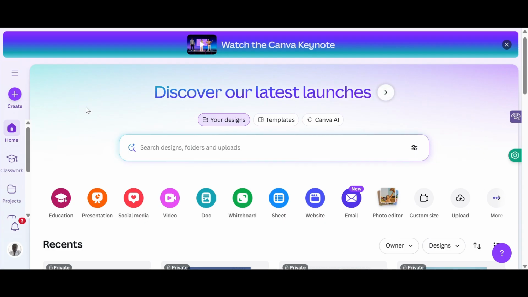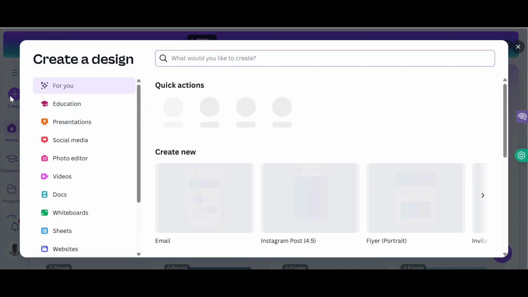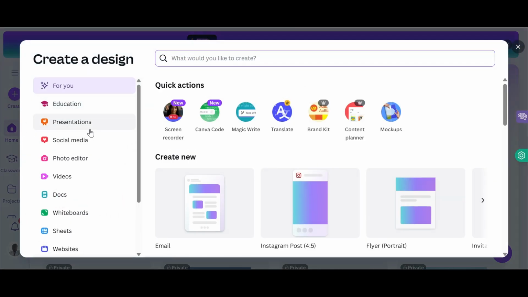Okay, so this time around we want to take it a step further. We want to design a social media flyer for an event. What should we call our event? Okay, maybe social media training happening today. So we go to the create button. You click on the create button here, and